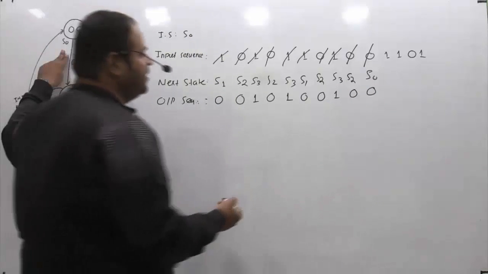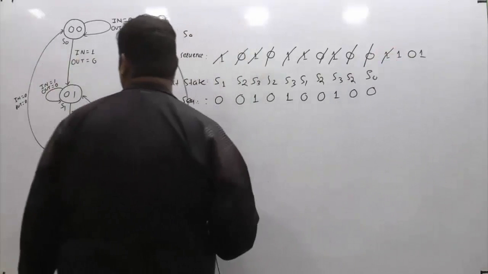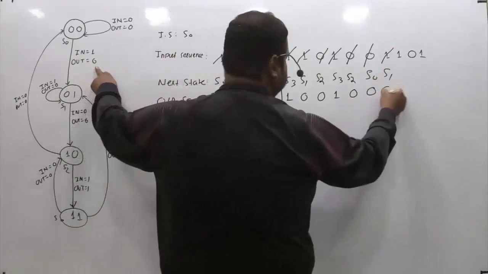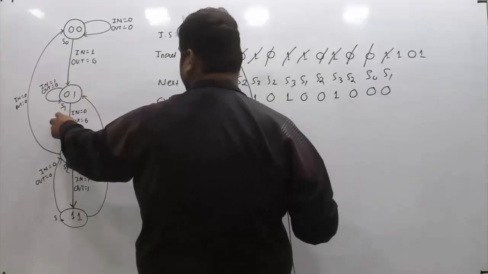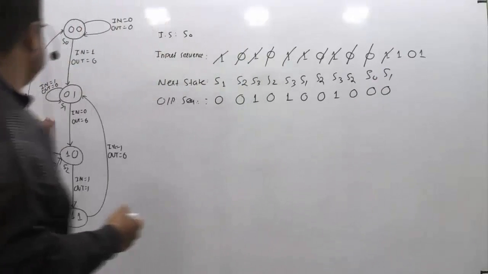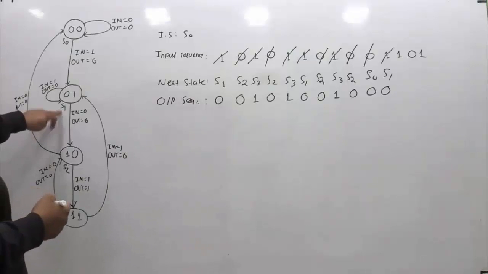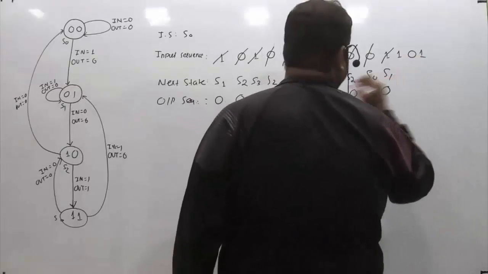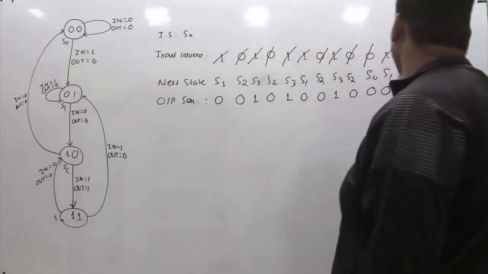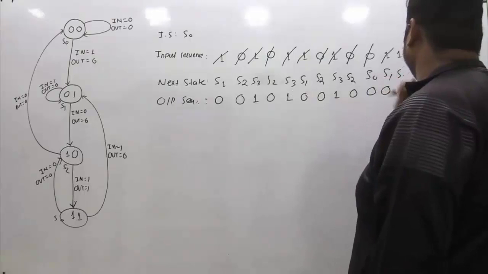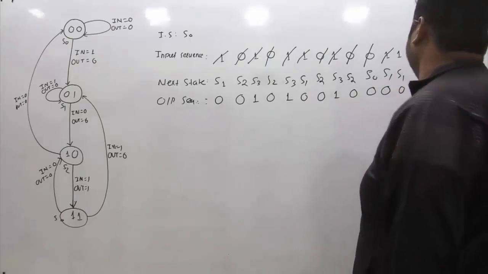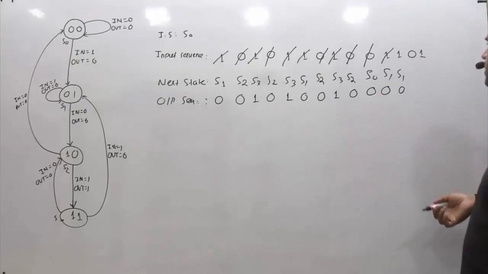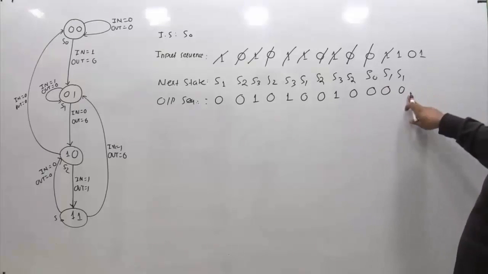Now what is the next input you are giving? Next input is 1. So if the next input is 1, it is moving to state S1 with the output of 0. So now you are at S1 and here you are giving the input as 1. You can see here, if you are at S1 and you give the input 1, you are again coming back to the same S1 with output equal to 0. So I was at S1, output is equal to 0. Okay, so this is what I have written.